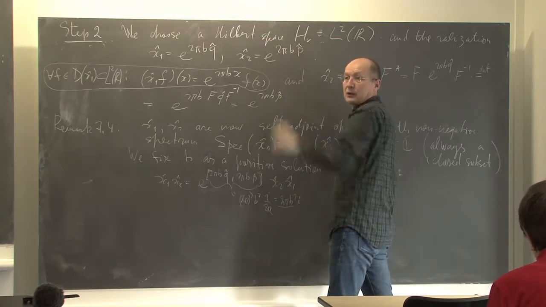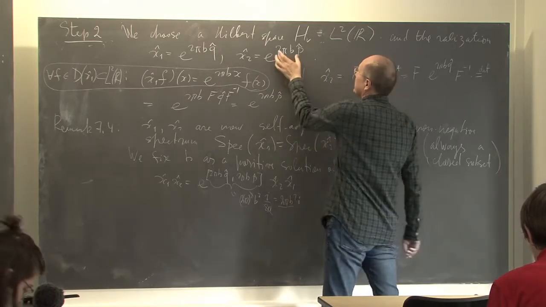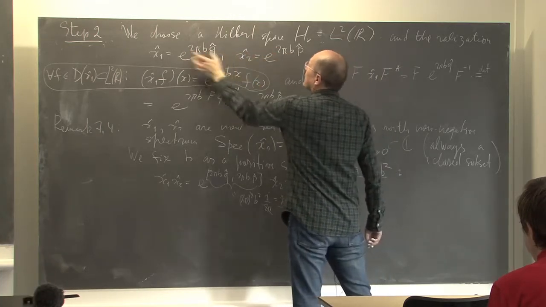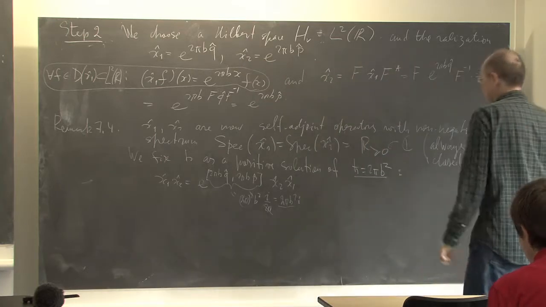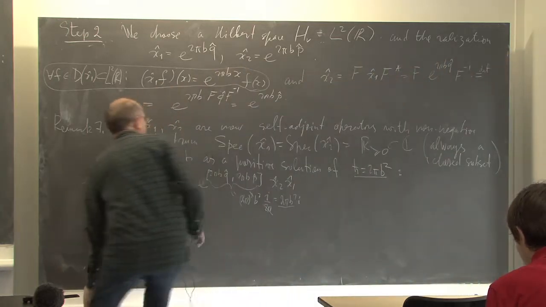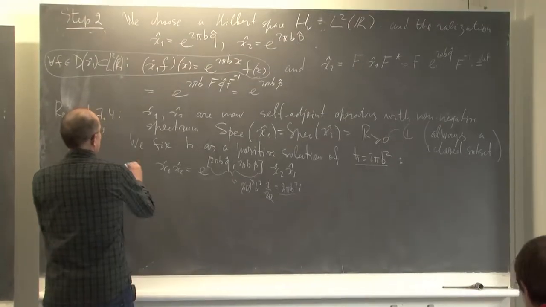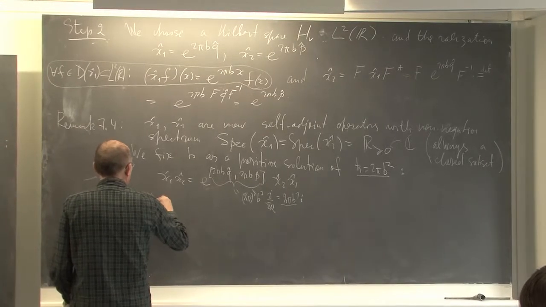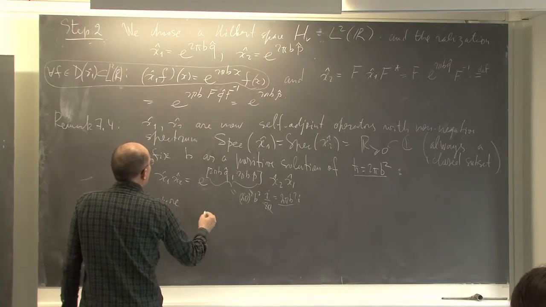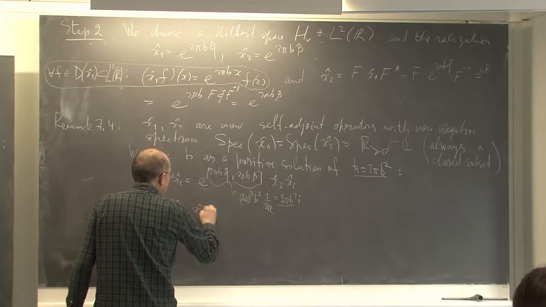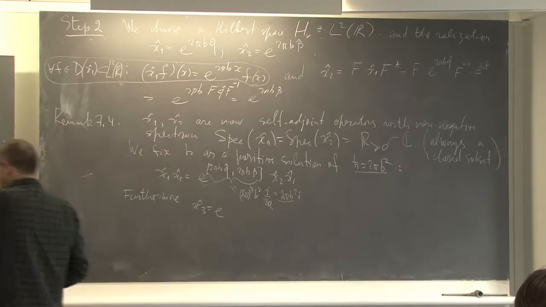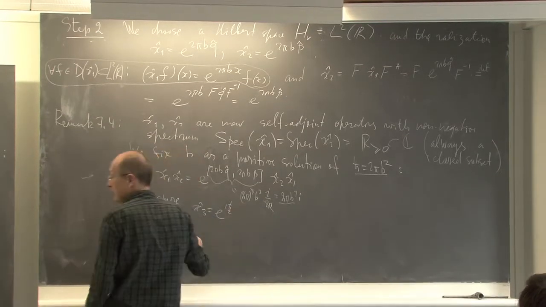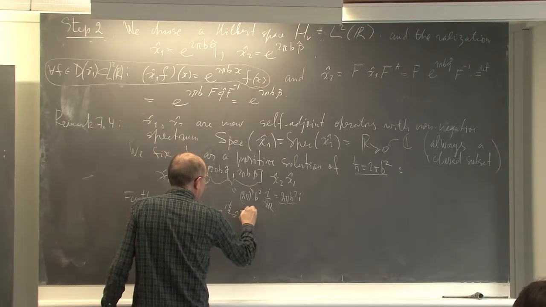But h bar should find itself somewhere, and we put it in a symmetric way, and you will see why we need this symmetric way of doing it. But already we will see it in a moment that, furthermore, x3 hat given by I h bar half, x1 hat inverse x2 hat